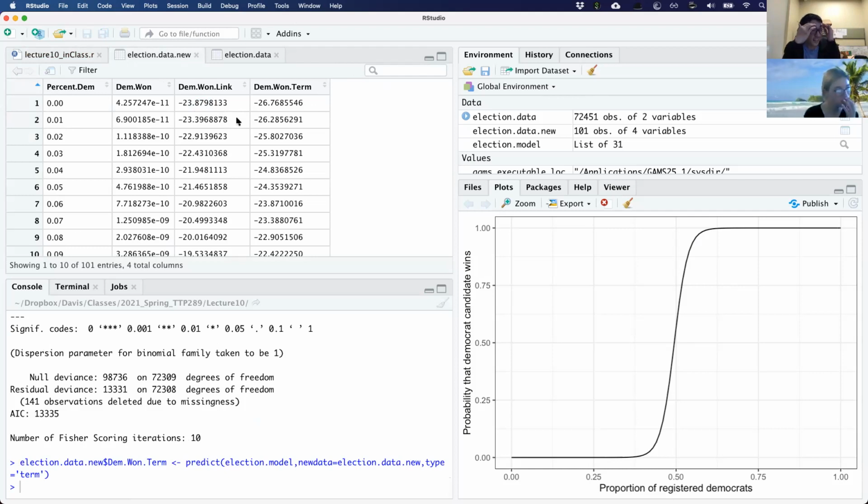If you do the log of 4.25, it will give you minus 23.87. They're logging the probability without dividing. Okay. That's not what I thought it was.